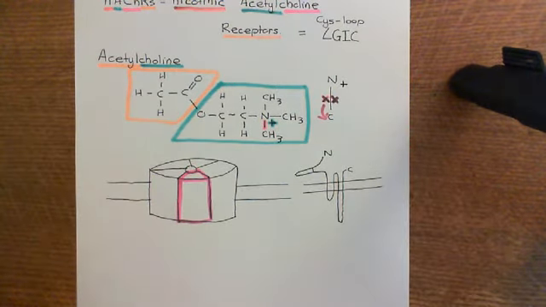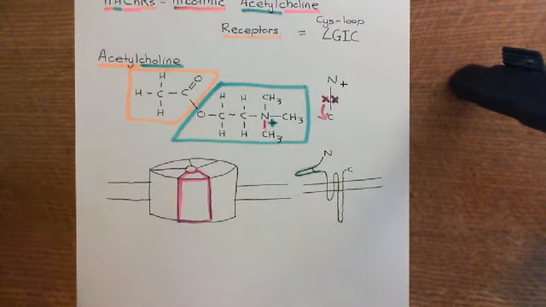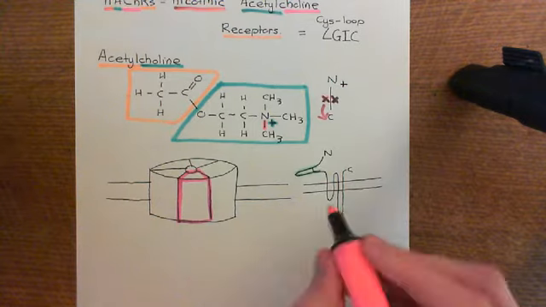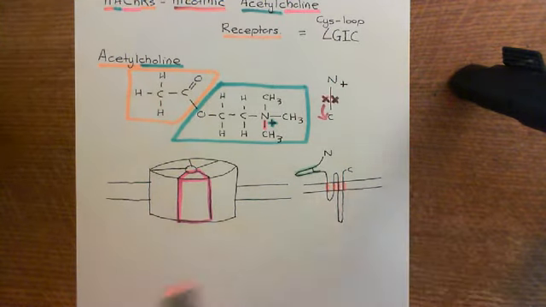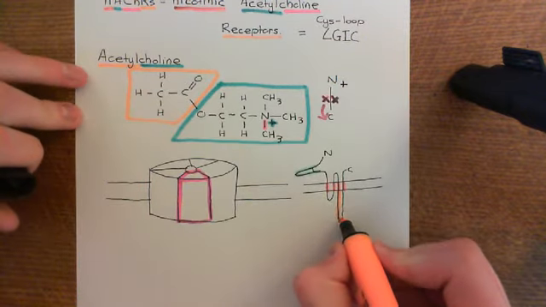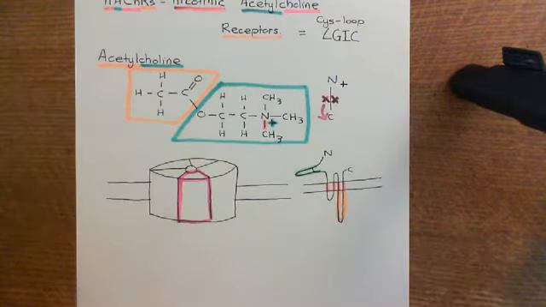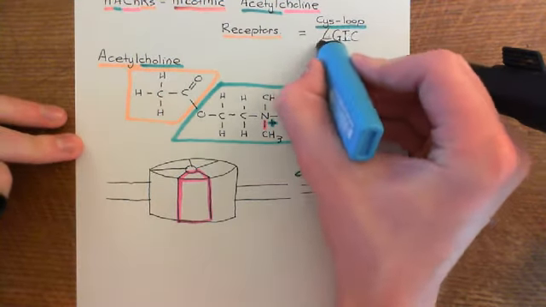So let's colour this in. So we've got the cis loop structure again here. We've got the 4 membrane spanning alpha helices M1, M2, M3, and M4. And we've also got the intracellular loop between M3 and M4. So that's why the nicotinic acetylcholine receptors are also counted as being cis-loop ligand-gated ion channels, because they too